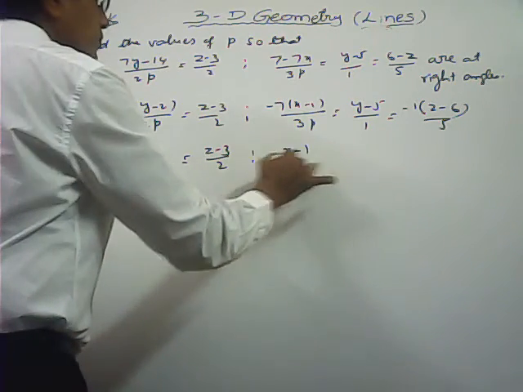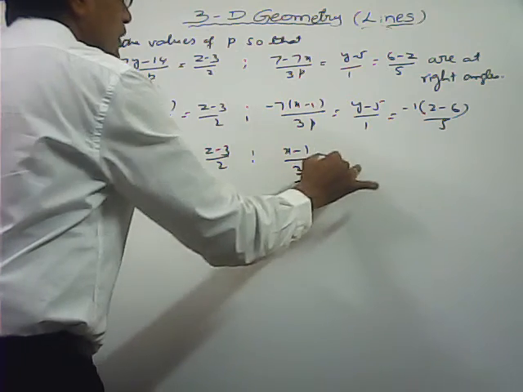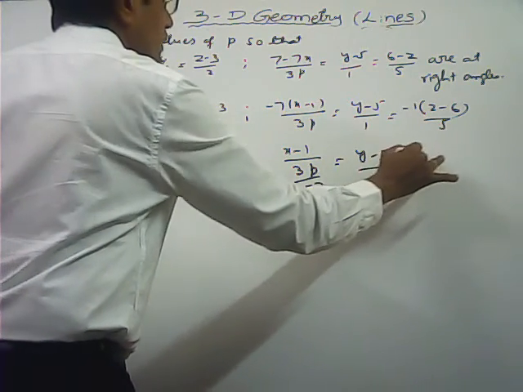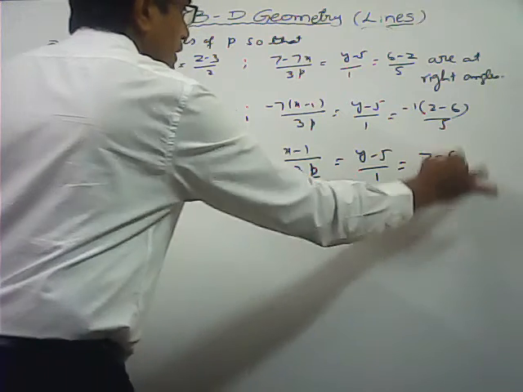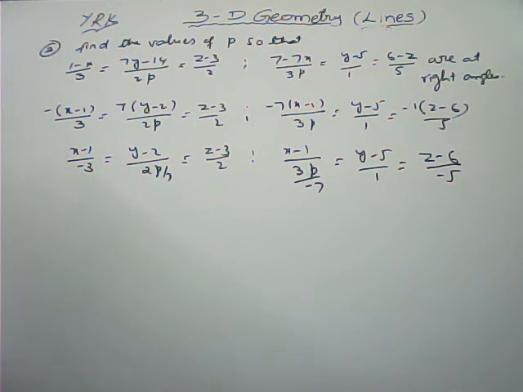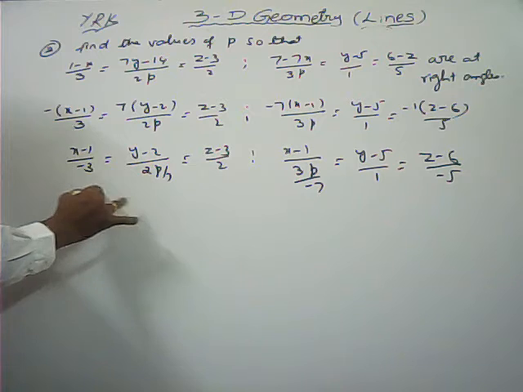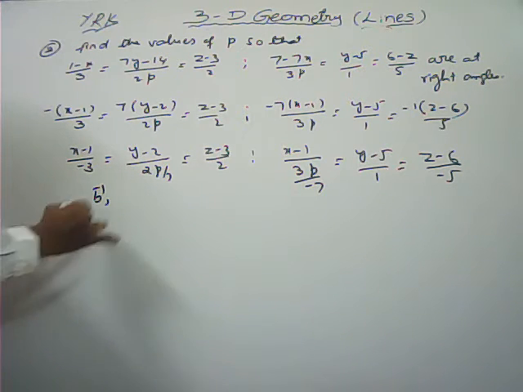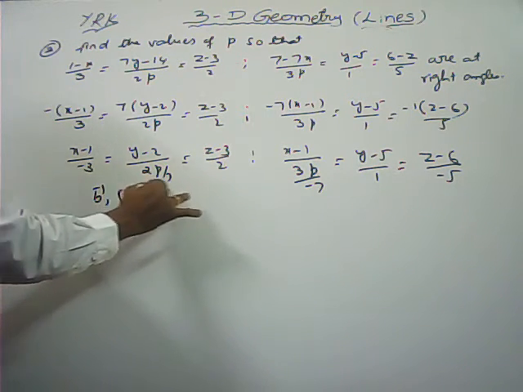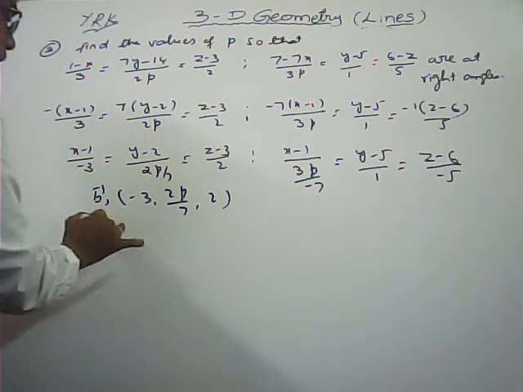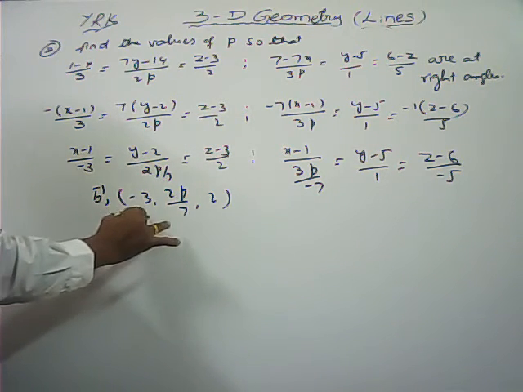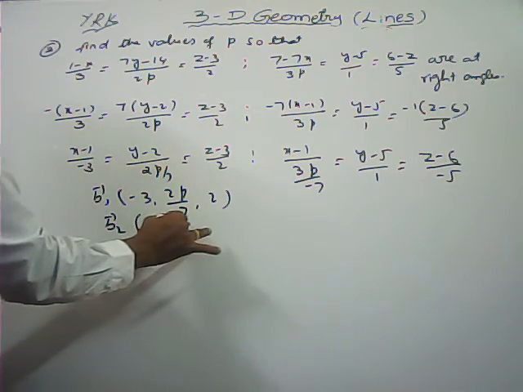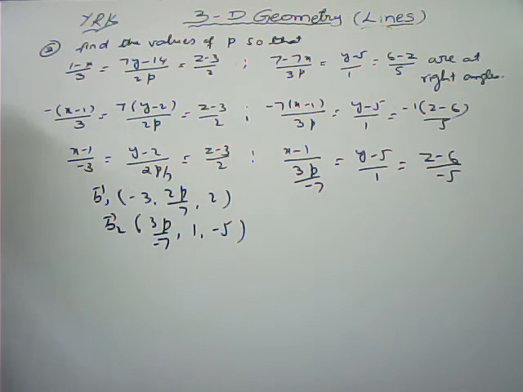For the second line, taking minus 7 common: x minus 1 by 3p by minus 7 is equal to y minus 5 by 1, is equal to z minus 6 by minus 5. Now what are the DRs of this one? I am taking B1 bar, the parallel DRs of the first line: minus 3, 2p by 7, 2, and the parallel DRs of the second line: 3p by minus 7, 1, minus 5. If these two lines are perpendicular,